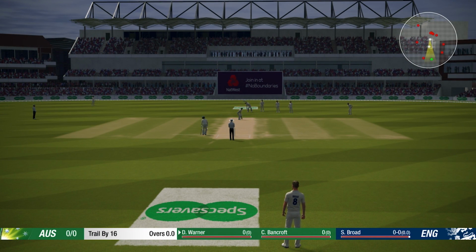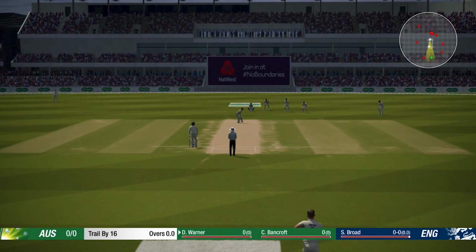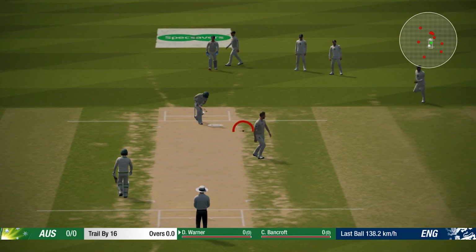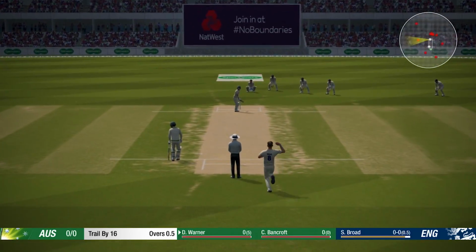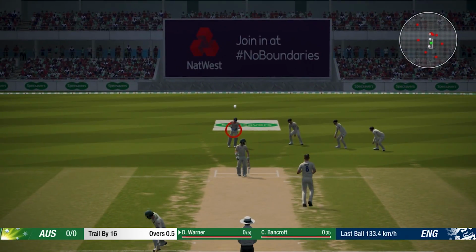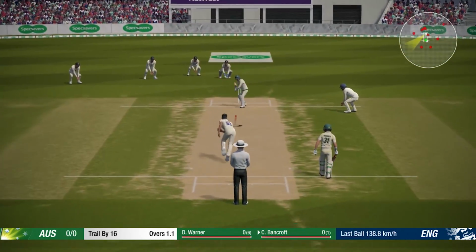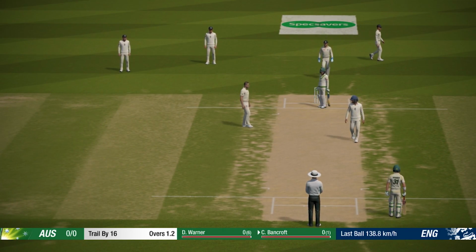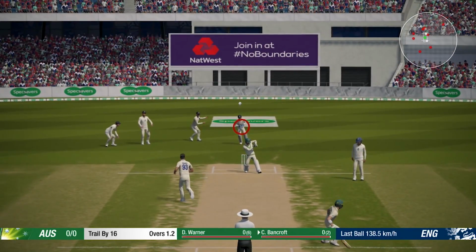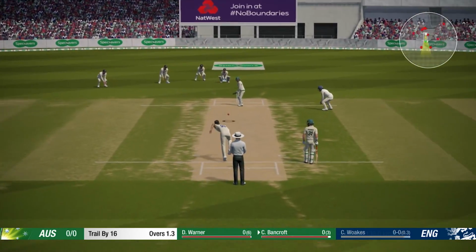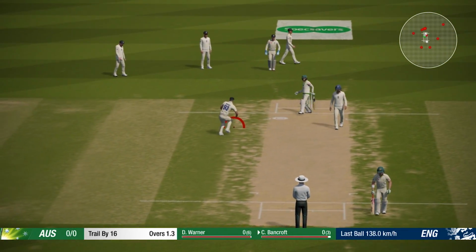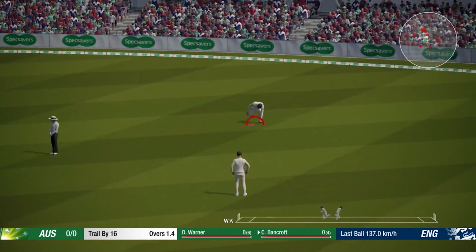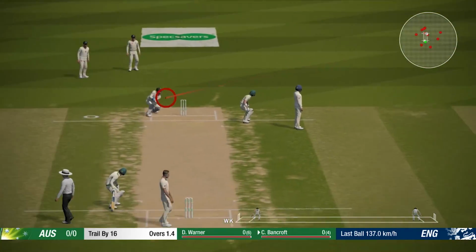So Stuart Broad to David Warner to start us off here on Australia's chase. And honestly, there's probably not too much to gain here if you're David Warner or Cameron Bancroft. You would want to survive, obviously. It's a tricky little total. Obviously not in terms of winning the match, but it's tricky enough to maybe force you on the back foot a little bit. And if you get out, you just look pretty silly because it's just 16 runs required.